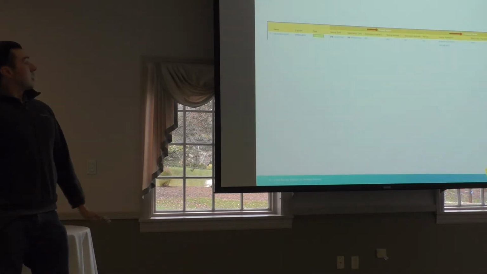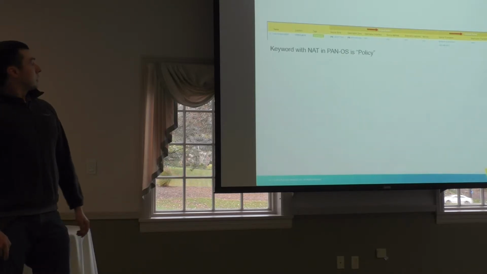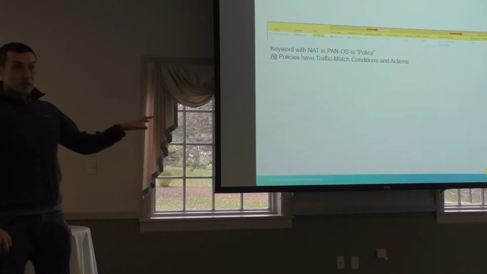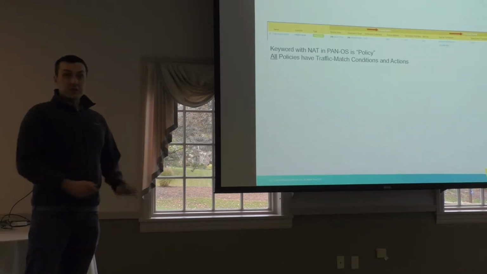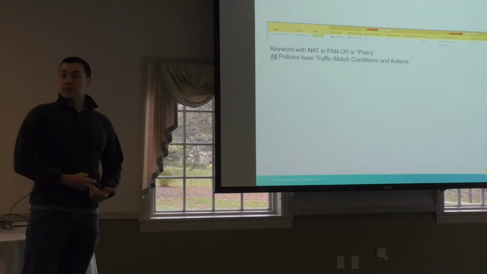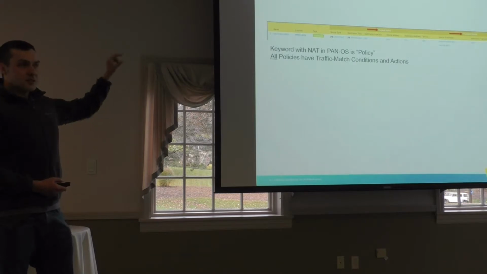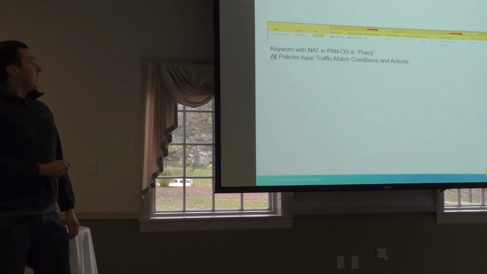You'll notice there are two arrows there. The keyword with how NAT works in PAN-OS is policy. By that I mean every policy, not just NAT, but security policies, SSL decrypt policies, authentication policies, anything under the policy tab in PAN-OS, has a traffic match condition and an action